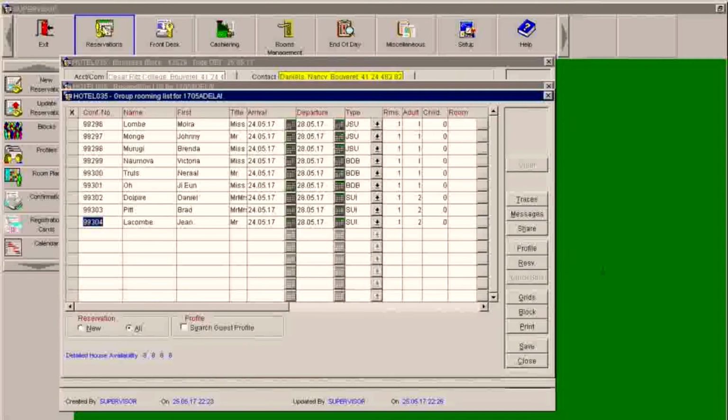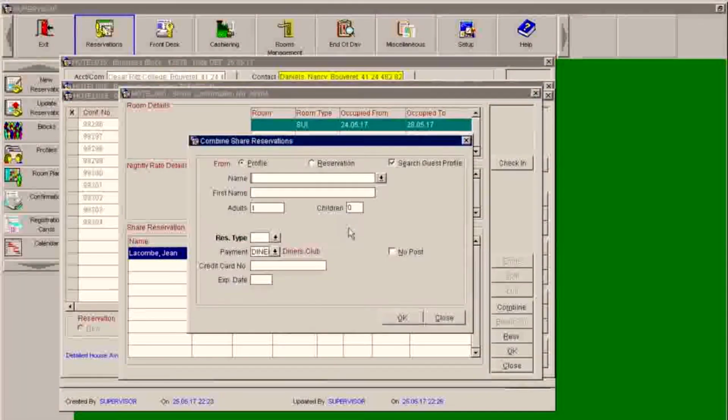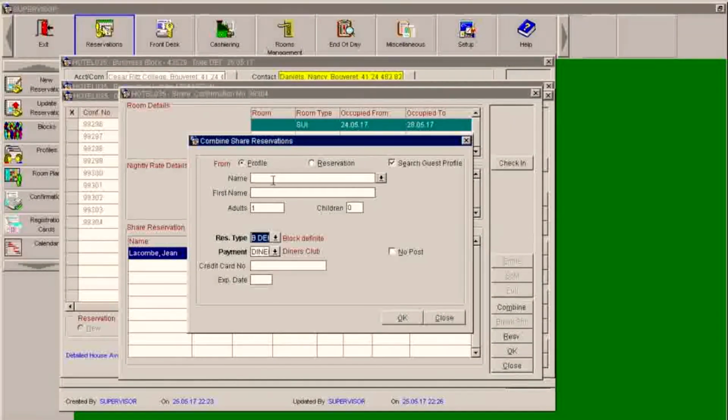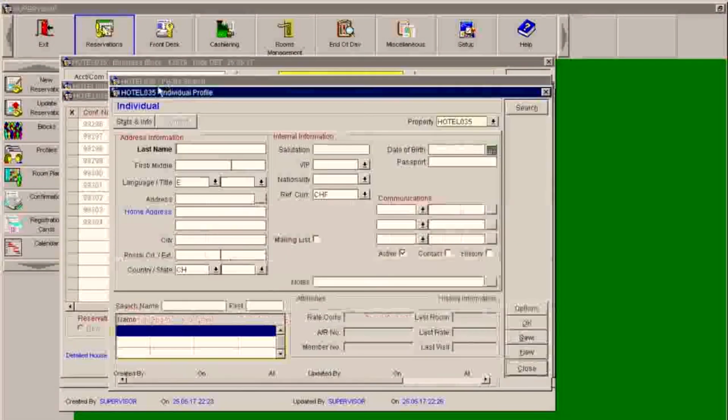I will do again. Share, and on the share screen here you can use the option combine, and we can copy the payment details. Our reservation type will be the same, block definitive. We will enter Miss Morris here. It's a new profile, so you cannot type here. You could, but it's easier if you just click on the drop down menu and enter the new guest, Miss Morris,